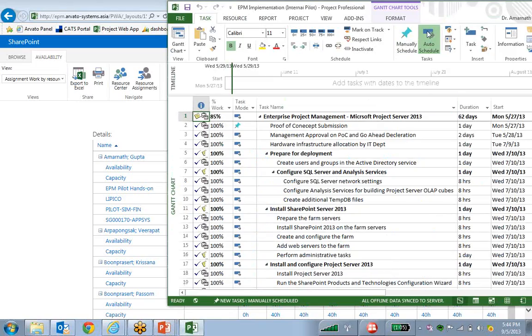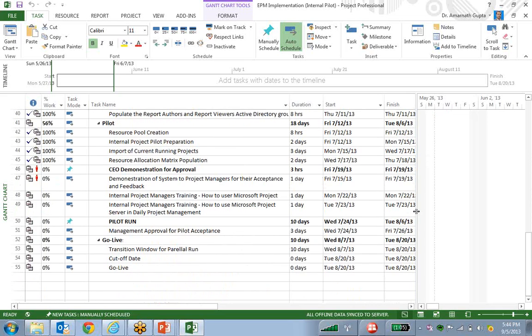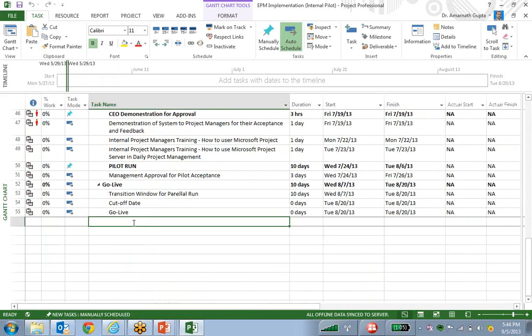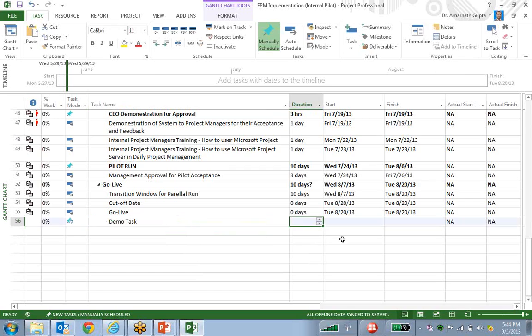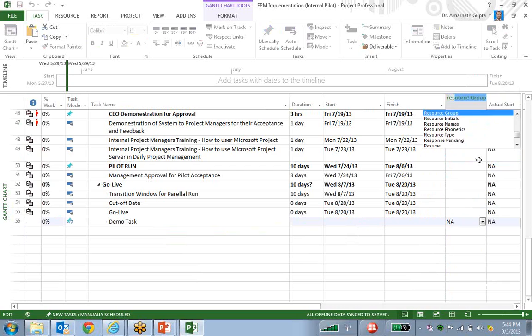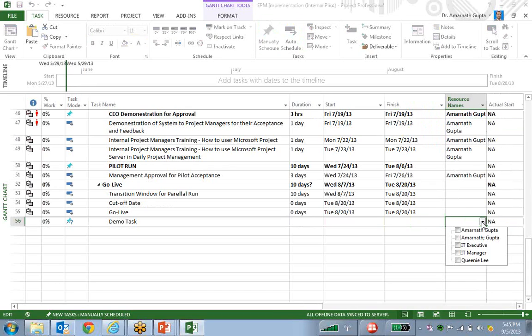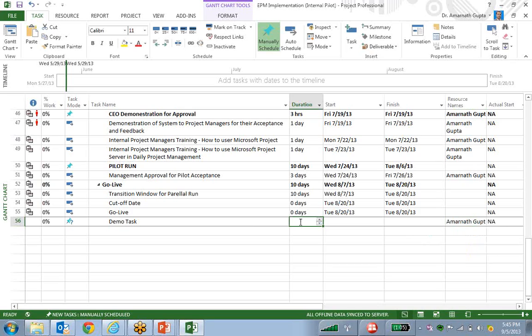So this is the beauty of this application. This is my one particular WBS. And if here I want to add one new task, it's just a demo task, and if I want to assign one particular person here, now if I assign at this point of time Amarnath Gupta, then immediately it will look into its assignment,